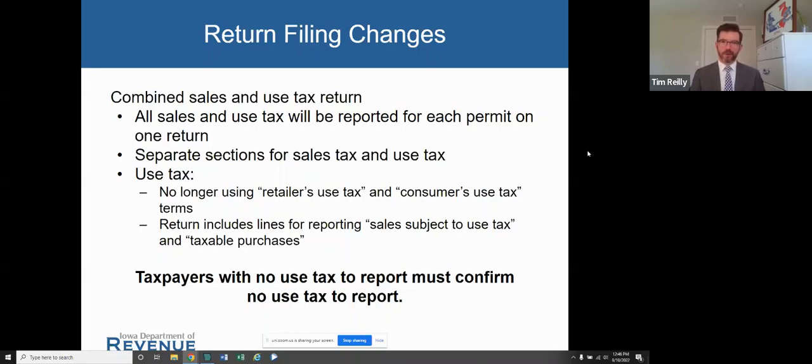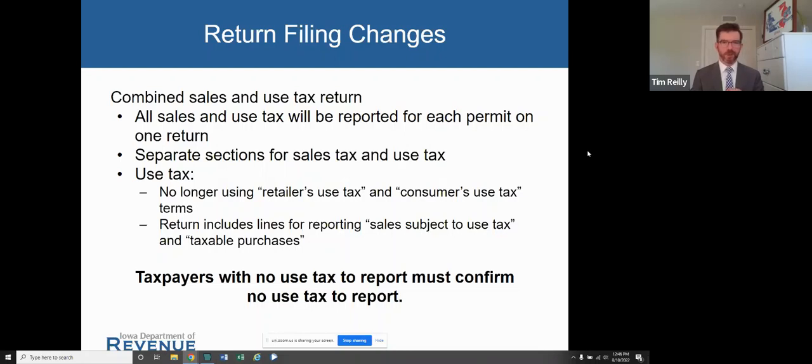We're getting away from differentiating between retailers' use tax and consumers' use tax. If you have more questions about that, I can explain it. But essentially, we're going to be referring to those things as taxable purchases. So that's what consumers' use tax was. Purchases that a person makes that the retailer, the seller, did not collect sales tax on.